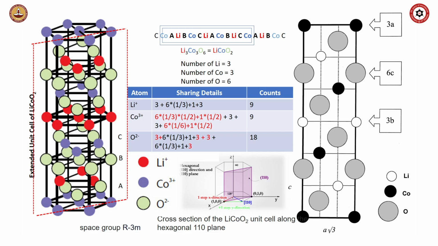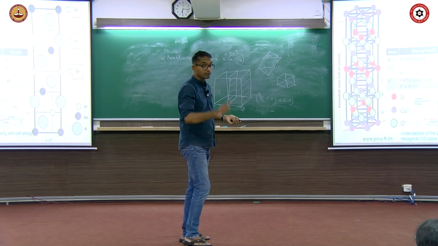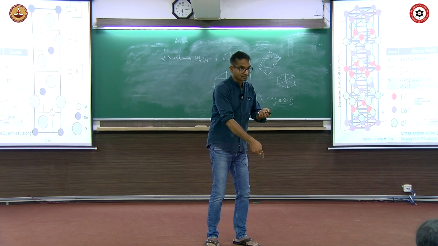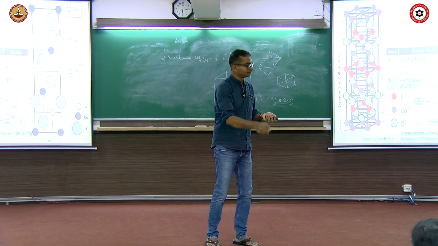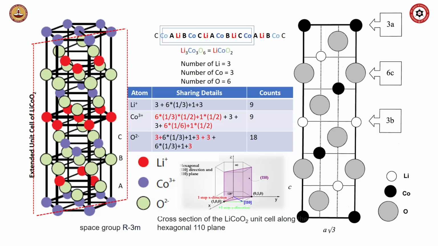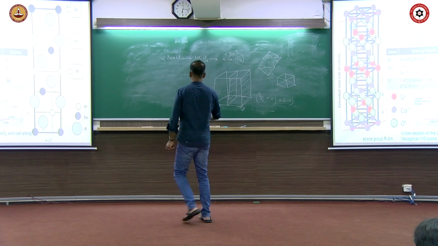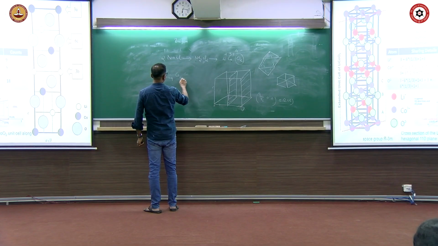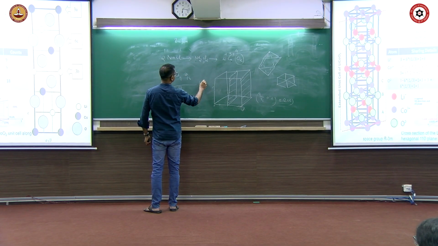What happens? Look at the oxide. 3, this one. 6 into 1/2? 1/2 won't come here. Why? Because it is not at the interface of 2 unit cell. Therefore 1/2 is not there. Plus 1, this is the 1, oxide, this is 3, correct? Again 3, then 6 into 1/3, again 1, that 1 is in the middle, again 3, that 3 is here, 18, right? Now Li 9, Co 9, O 18. You divide by 9, you get